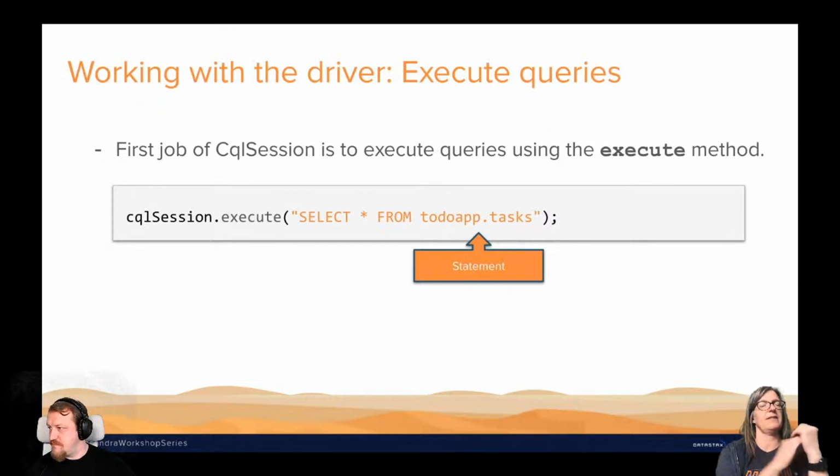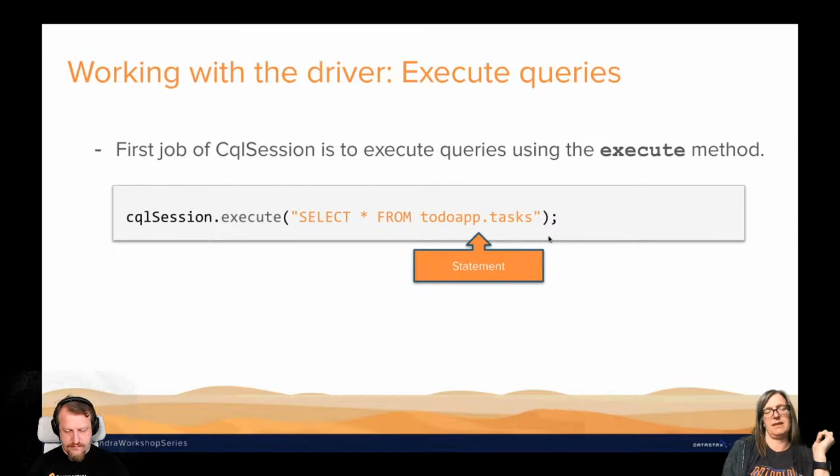So in order to execute queries, that's really what we want to do with a driver, we just use the execute method. It's really as simple as that, right? And we just insert our statement. And the statement is a CQL, a Cassandra Query Language statement. It looks very much like SQL here, but it's different. It looks very similar, but it's using Cassandra Query Language. And we basically could put an entire statement just into this, and we will do this in a moment when we create our schema. So we can also make schema changes with Cassandra Query Language statements.